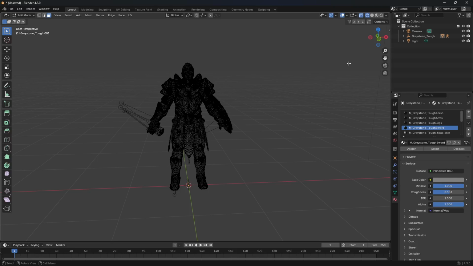This will allow us to click through our character and see through it, so we can select all the faces of the character model. Now what I want you to do next is go down to our material properties, which is this little red button right here, and I want you to click on Greystone Tough Sword and press select,